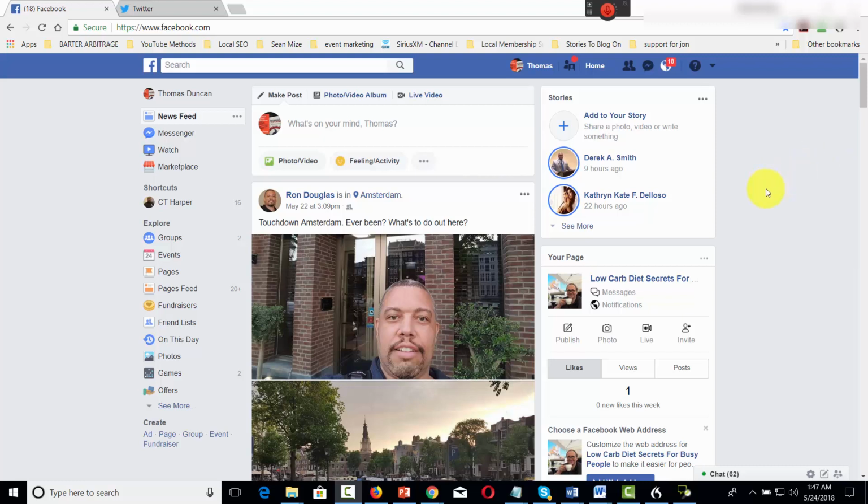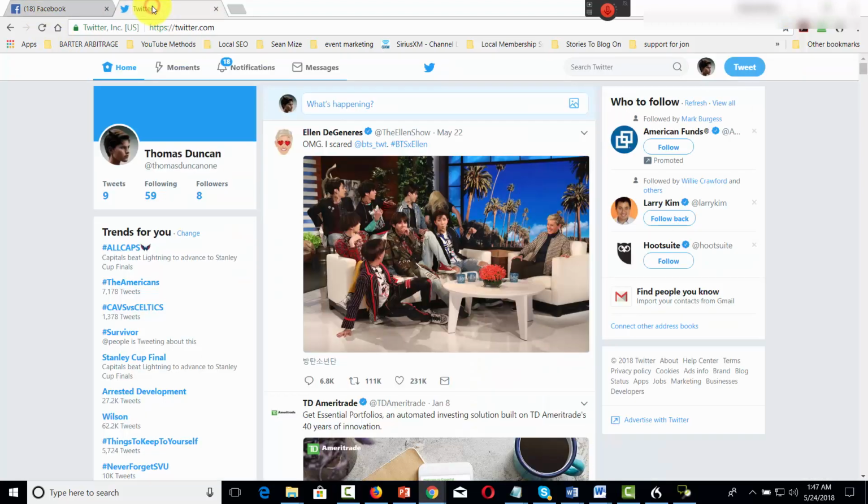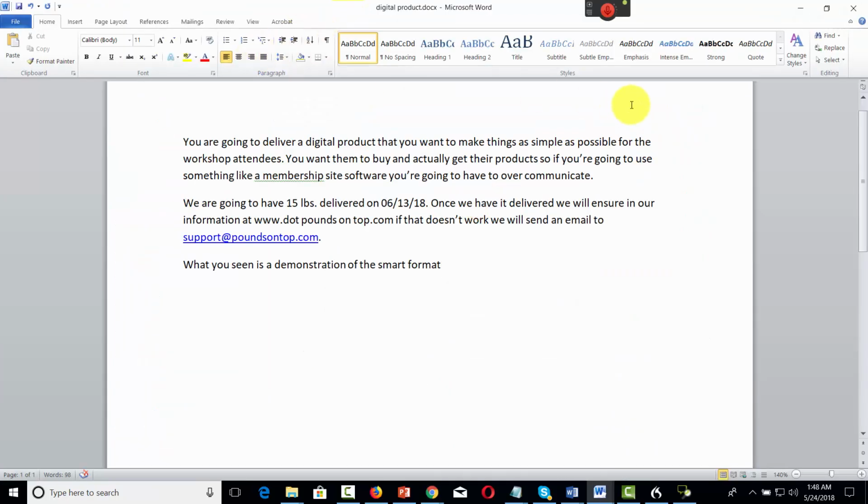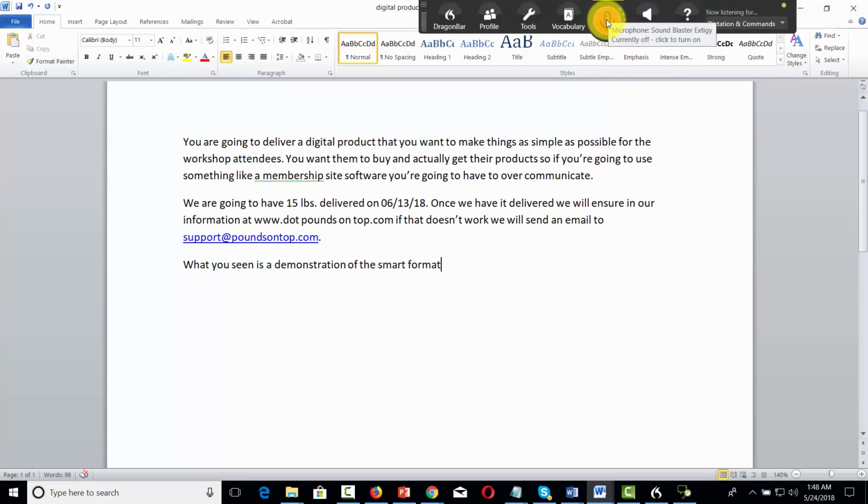Now, Dragon will allow you to post to your Twitter and Facebook accounts. Now, to do that, you are going to want to be logged into your account in both Facebook and Twitter. And we're going to work from a string of text in our document and move that content into both Facebook and Twitter. So what we're going to do first is we're going to click on our mic,